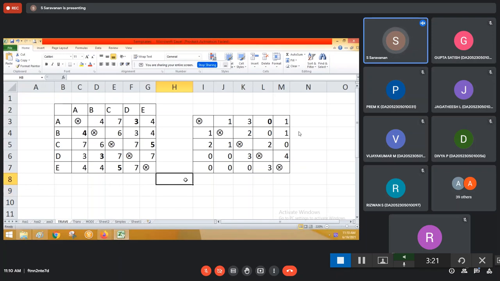Can anyone just let me know what is the final matrix that you have got? For choosing the rows and columns, or to make that assignment, what is the final matrix that you have got? On the fourth step, we got this AD. No, I just want the complete matrix, not just the answer.